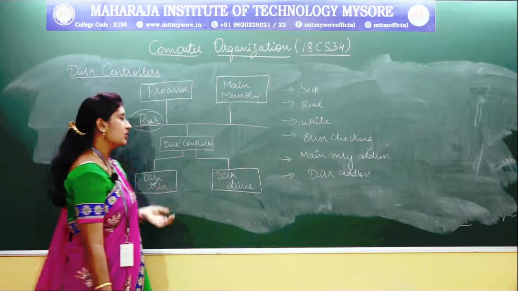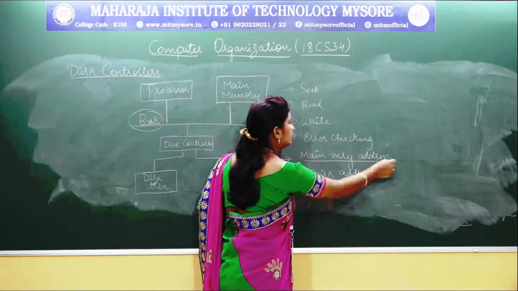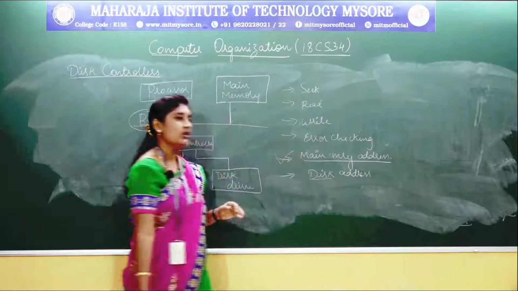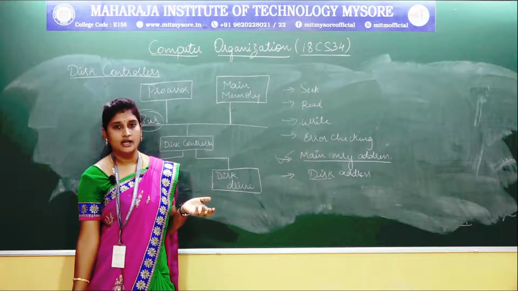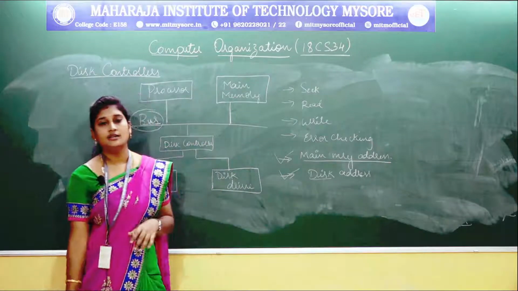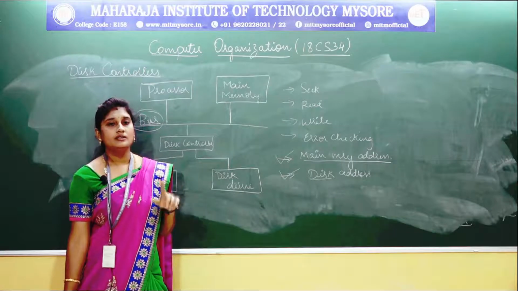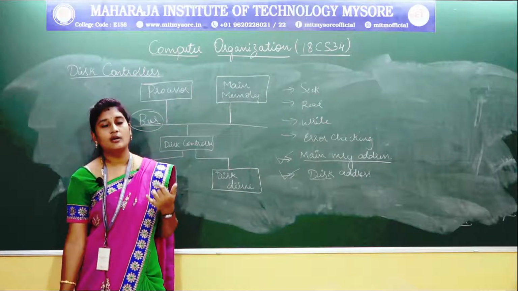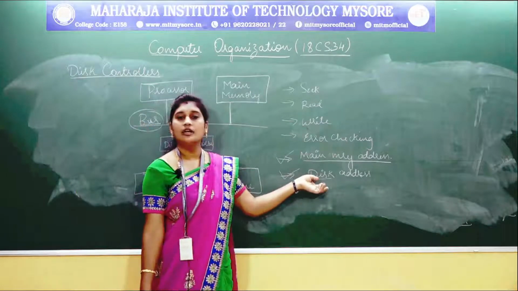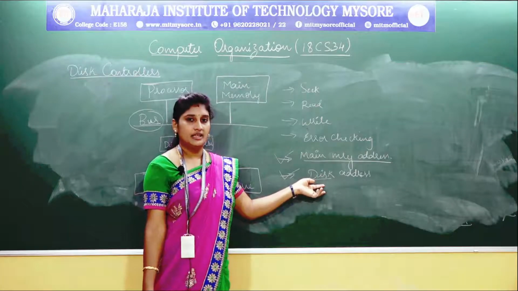Fine, the main functional units of your disk drive or disk controller are, first, the main memory address. First it checks the main memory address to see where the actual data is present. Next it comes to the disk address. How can you address a disk? Each disk is given a disk number, next come the track numbers, and then the sector numbers, isn't it? Based on that you address each and every part of your particular disk platters.